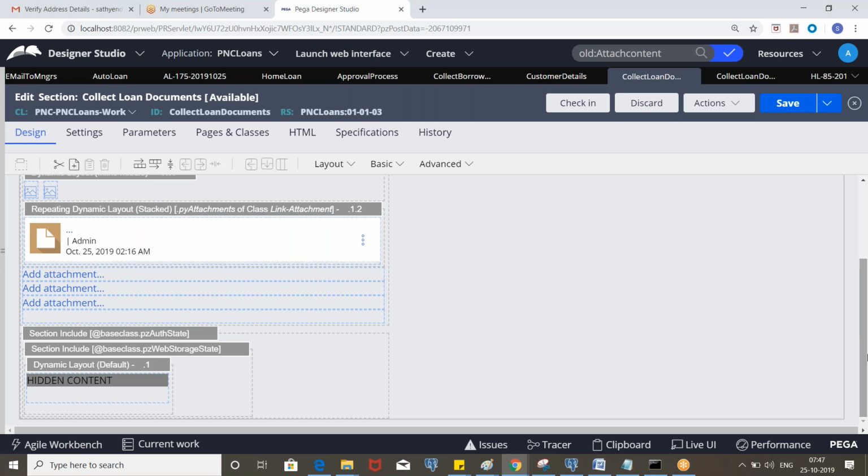If it is a normal requirement, you can easily do it by using an activity or some other rules. If it is a different functionality, then you can search and you will find some out-of-the-box activities or some other rules where you need to pass some parameters. Okay.